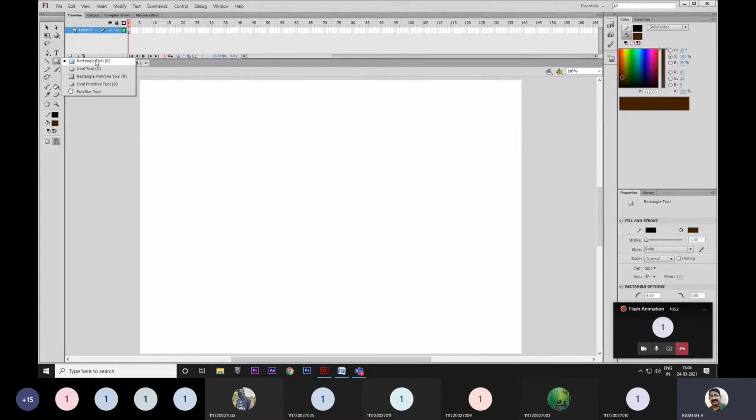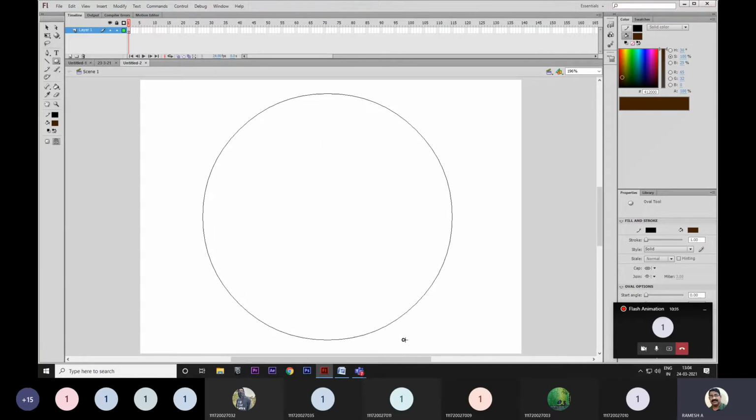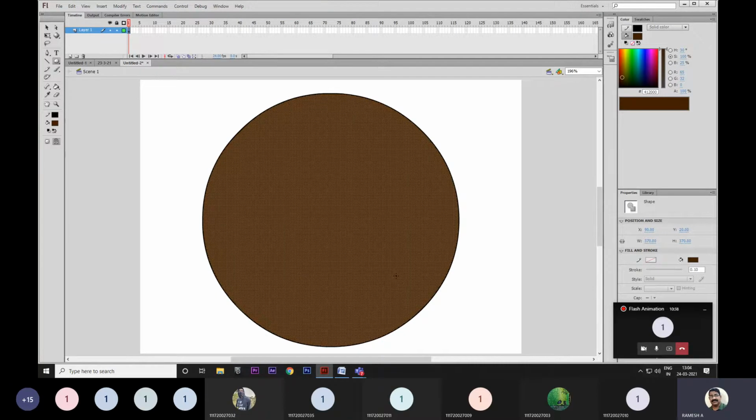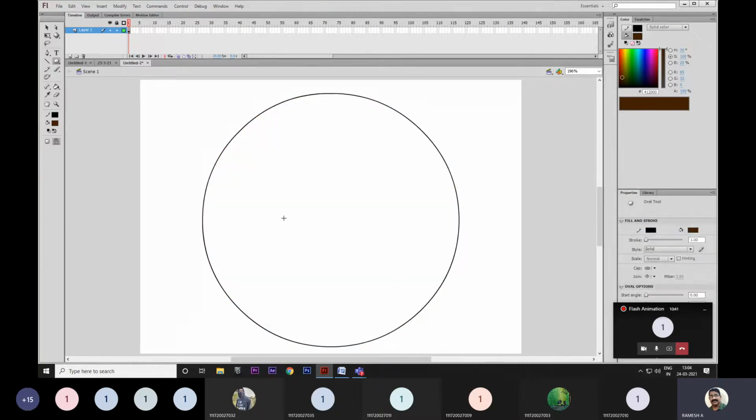We can get the center point easily if I take a square. For a circle, it is a little bit difficult to find the center point. Okay, I'll take the circle only. See this. I'm going to draw the clock here. For the clock, I'm going to do the circle.